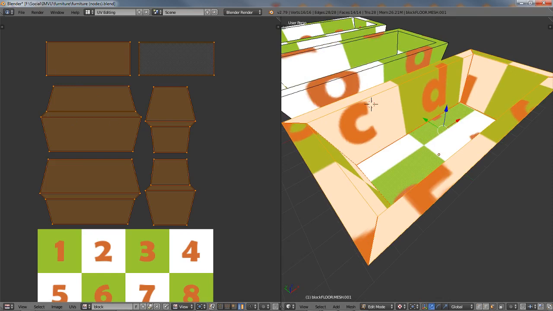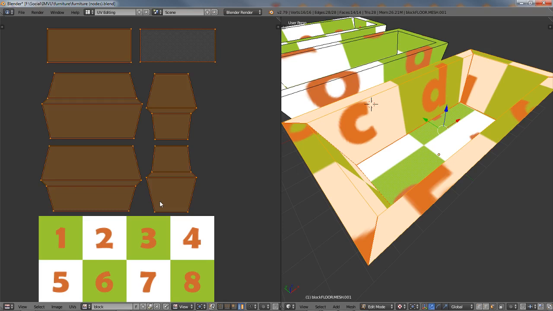Right, so Frenzy says she likes the middle one better. Now, if you are making this object for yourself, it doesn't really matter what the UVs do. If you're making the object to be derivable, then you've got a different set of considerations. Now, looking at the object that we've got selected,